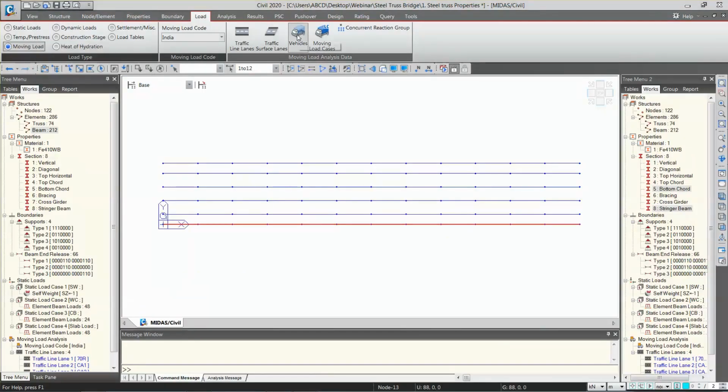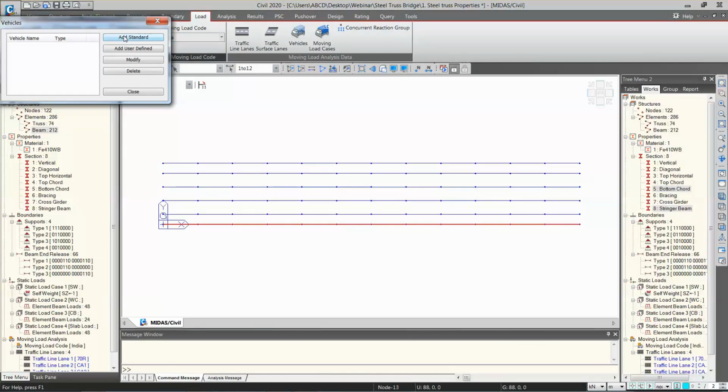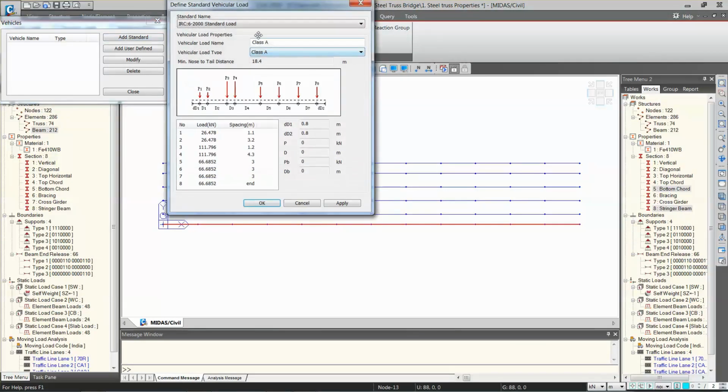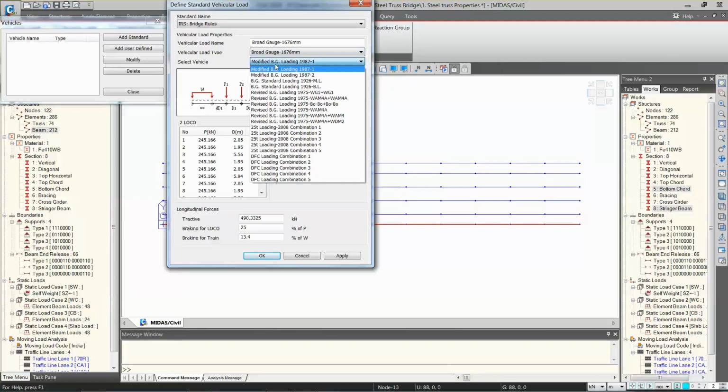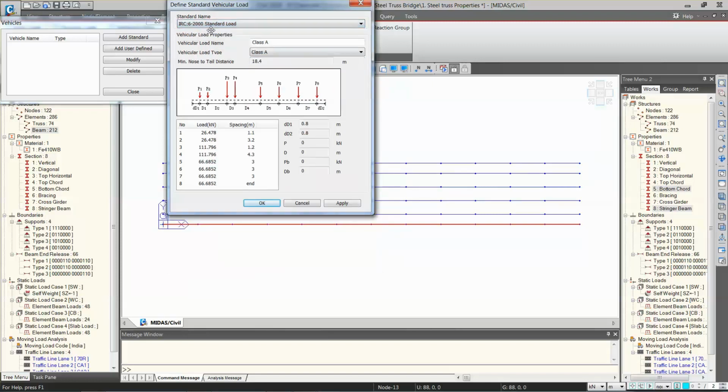Now the vehicles, add standard. First is class A. As you already know, if you want to provide railway loading instead of IRC, you can go to IRS and choose the vehicular type, whether it is broad gauge, and then the vehicular type which is 25 ton DFC loading, etc. Right now I'm going with IRC6 class A, apply, and similarly 70R.